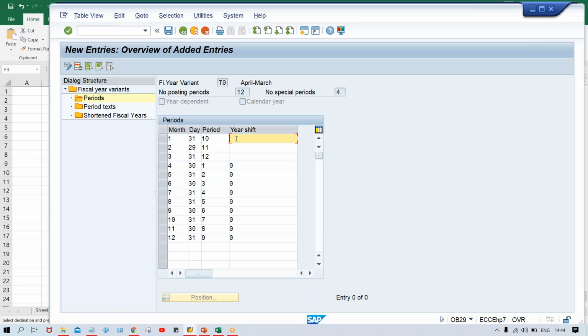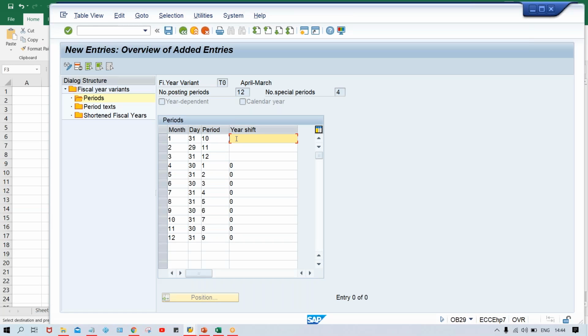Let's suppose 2021 is part of 2020 itself, because 2020 has not ended yet. It is going to end on 31st of March 2021. But as per calendar year, 2021 is a different year, right?